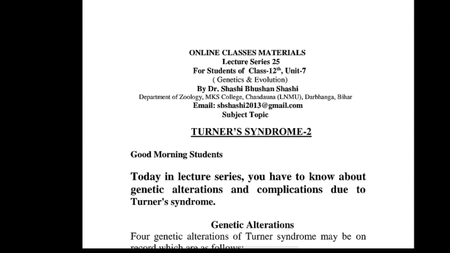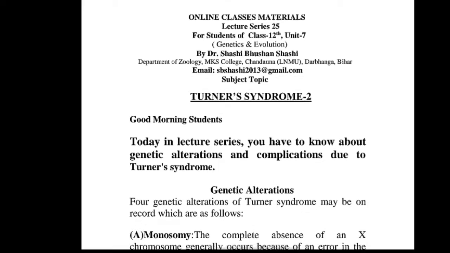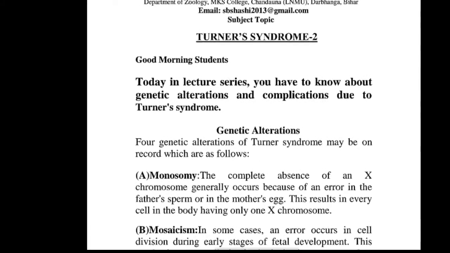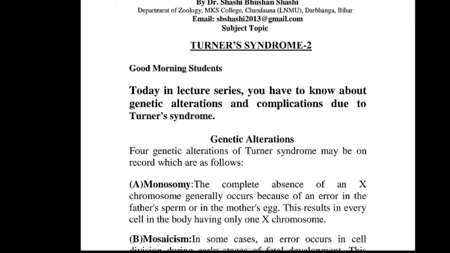As we know from the previous class, Turner syndrome is a chromosomal condition that affects development in females only. The most common feature of Turner syndrome is short stature, which becomes evident by about the age of 5, and early loss of ovarian function, that is ovarian hypofunction or premature ovarian failure, is also very common. There are many more things in this syndrome.